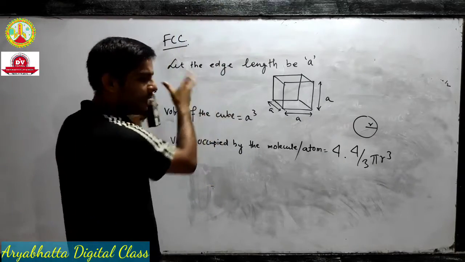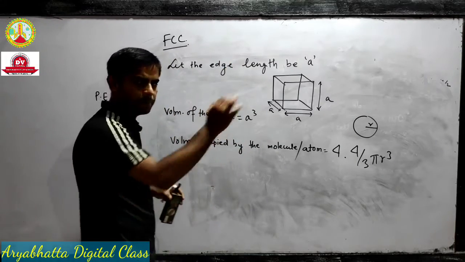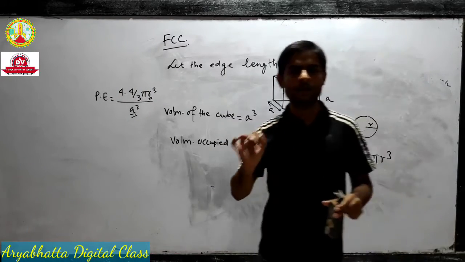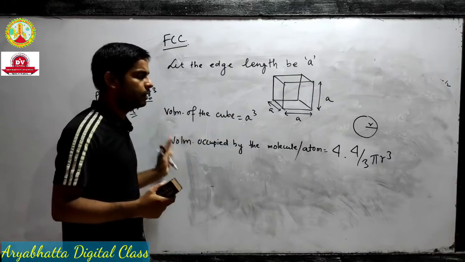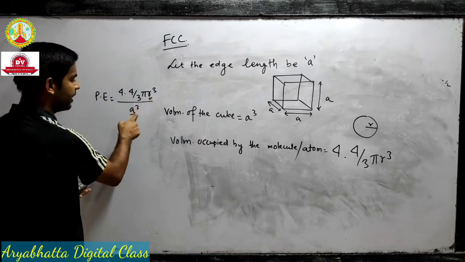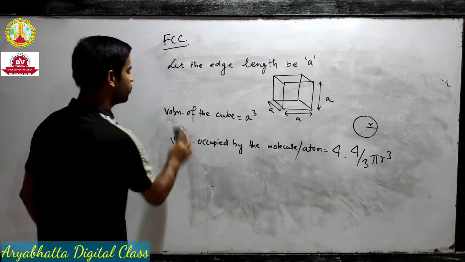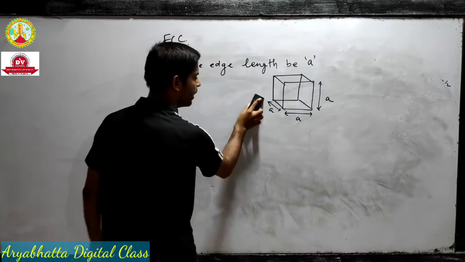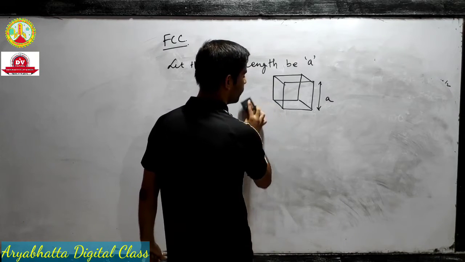So I am deriving packing efficiency. First of all, I need to know the formula, and step by step keep calculating the things that you require in the question. So you require the volume, I calculated the volume. You require volume occupied, so you calculated the volume occupied. Now when you are dividing, you see that R and A don't cancel out, so we have to find a relation. So in the next step, we will try to find a relation between R and A. Okay, let's find a relation between A and R if there is any.